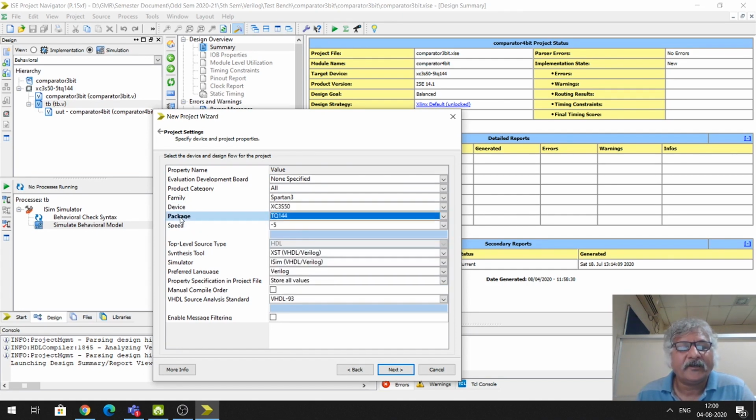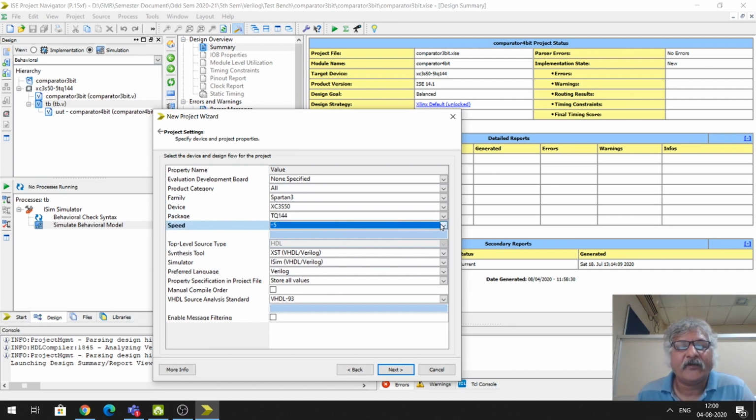After that, the next option is package. This particular Spartan 3 XC3S50 has a TQ type of package where 144 pins are available. And the next is speed grade. -5 is selected. There are two speed grades, -5 and -4. -4 is faster than -5. Whatever is there, I will not change.